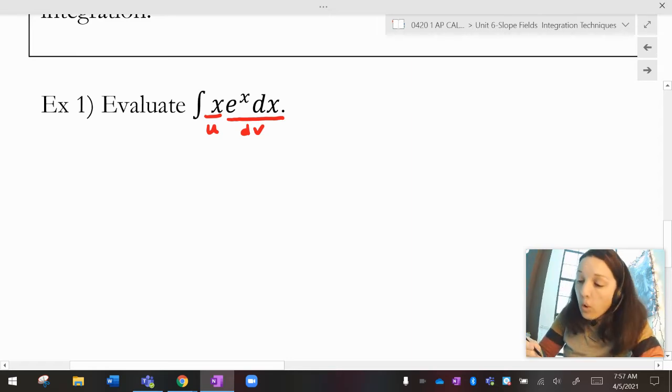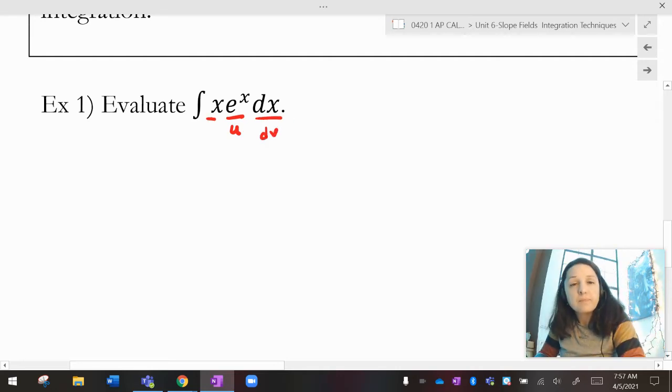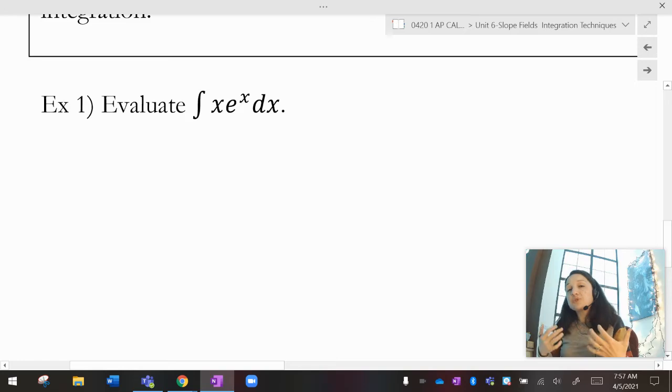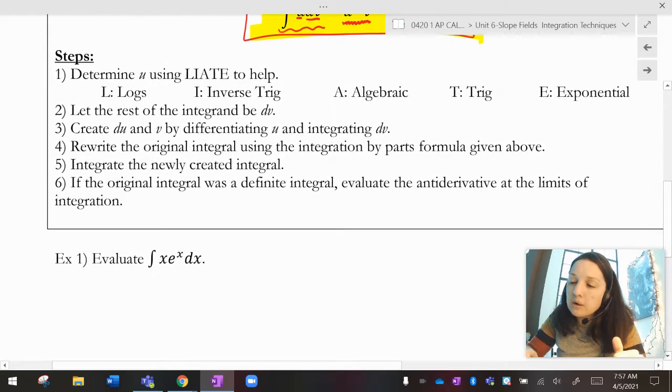Okay. Or if I wanted, I could call e to the x u and then x dx dv. Well, how do you choose? Well, the good news is there is a method to kind of start how to choose it. All right. And it's a quirky little acronym,